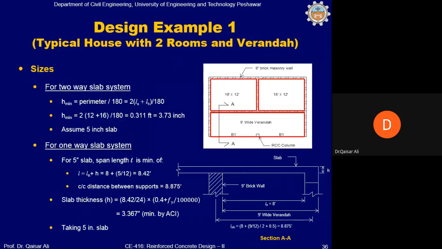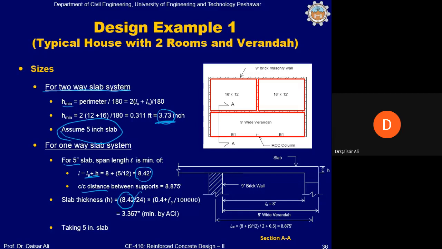सही, तो आगे आप देखें जरा, इन्होंने यहाँ पर इस तरह किया है कि H मिनिमम फॉर टू वे स्लैब इज कैलकुलेटेड विच इज कमिंग 3.73। अभी हमने भी कैलकुलेट किया, तो हमने यहाँ पर एज्यूम किया है 5 इंच, बिकॉज 5 इंच इज ग्रेटर देन 3.73 इंच। अब फॉर 5 इंच आप वन वे स्लैब के लिए भी कर सकते हैं, बिकॉज ln प्लस H एंड L सन टू सेंटर मिनिमम ऑफ दिस टू इज 8.42। आप 8.42 करें यहाँ पर, सिंस इट इज वन एंड कंटिन्यूस।